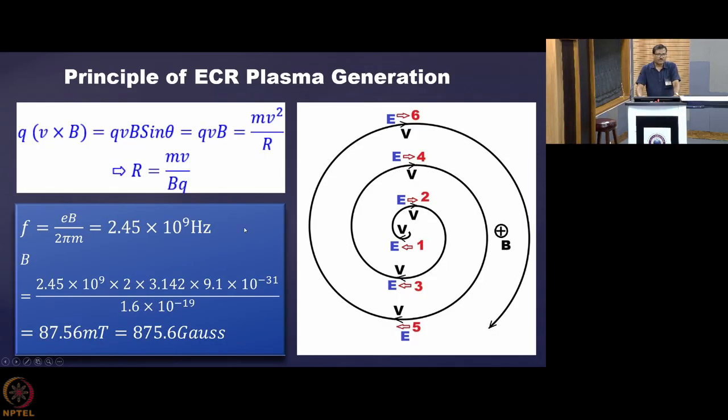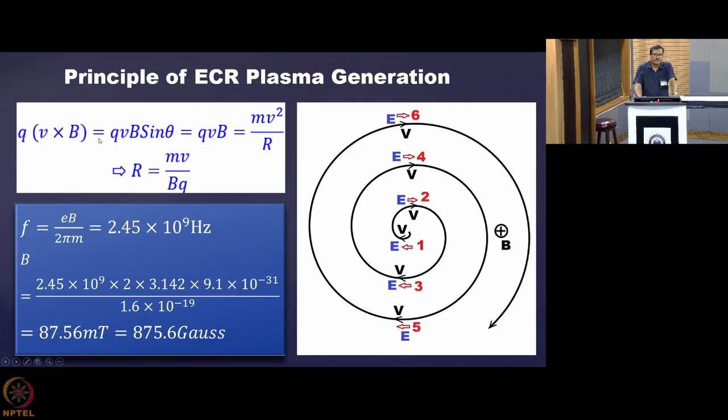Now let us see what is the frequency of rotation of this charged particle. You see that here the frequency is eB by m. So 2 pi is there because it is a linear frequency. Otherwise, if you go for angular frequency, it will be just eB by m. Now you see that it doesn't depend on the radius where it is orbiting. So once your electronic charge is fixed, your magnetic field is fixed, and the mass of the particle is fixed, then the frequency of rotation is fixed.